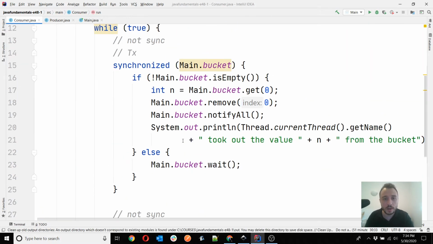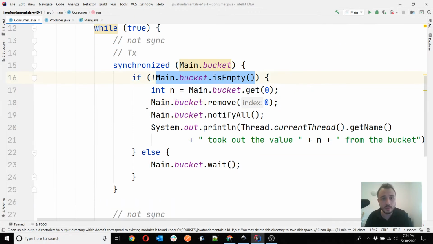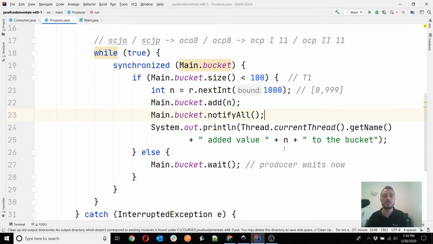And then the consumer should continue when there is at least one value in the bucket. That means when one producer has added a value. So the same thing, like a mirror, you notify all the threads when a value has been added, which means I notify all the consumers out there when a new value has been added.